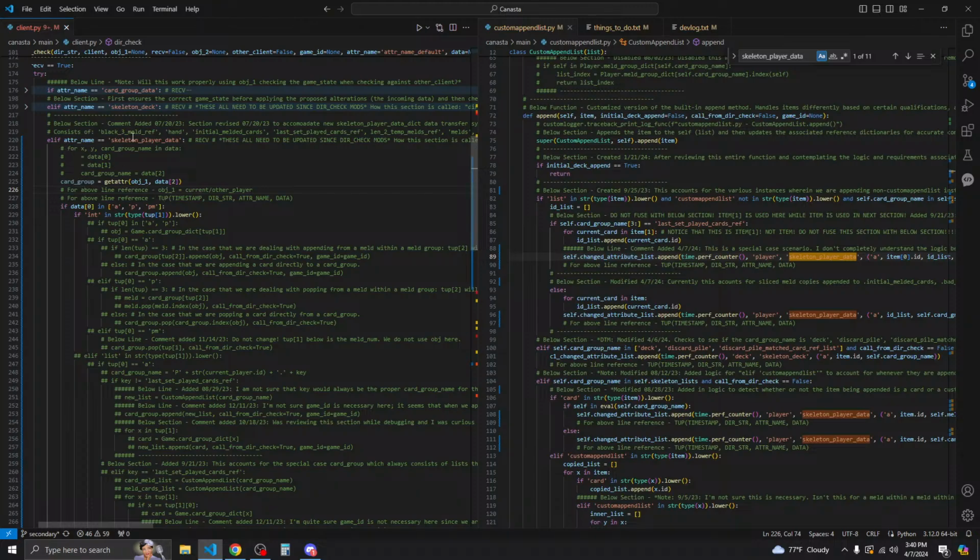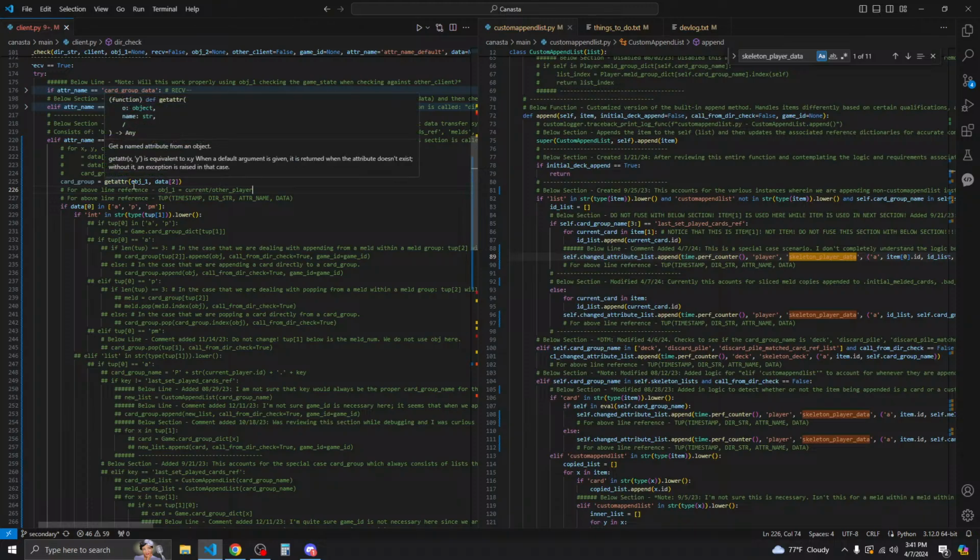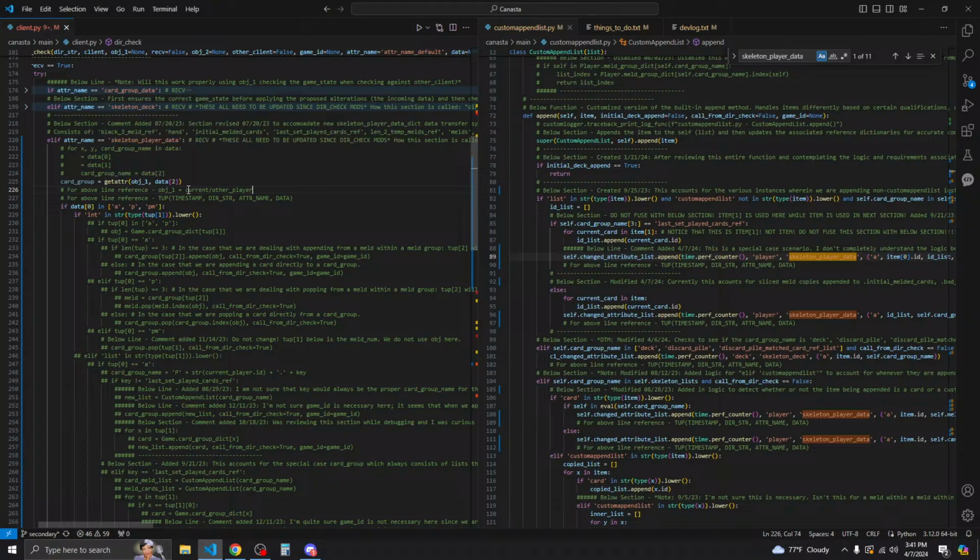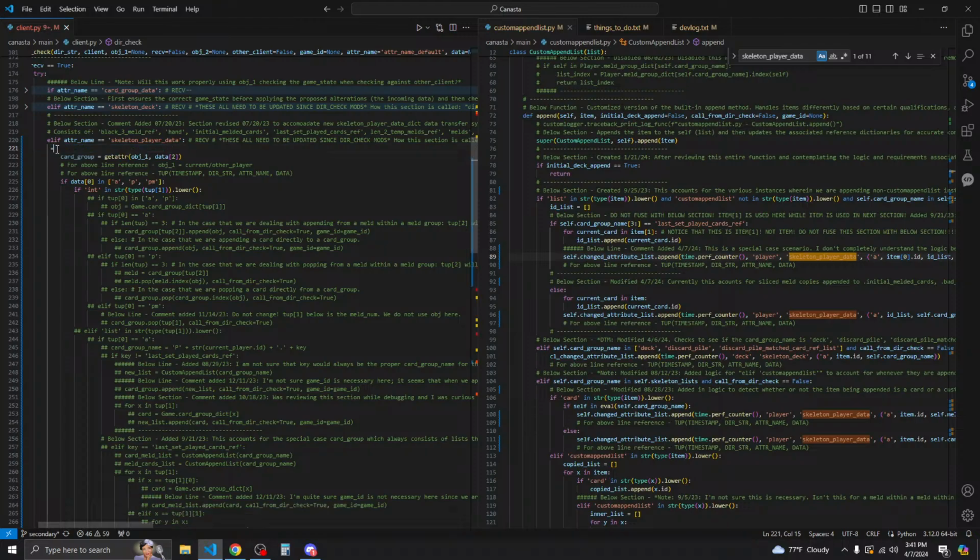So if adder name is equal to skeleton player data, card group is equal to get adder, object 1, data 2, object 1 is current other player, and data 2 is going to be 0, 1. Well, this is actually, yeah, this is going to vary, so we're going to get rid of that.